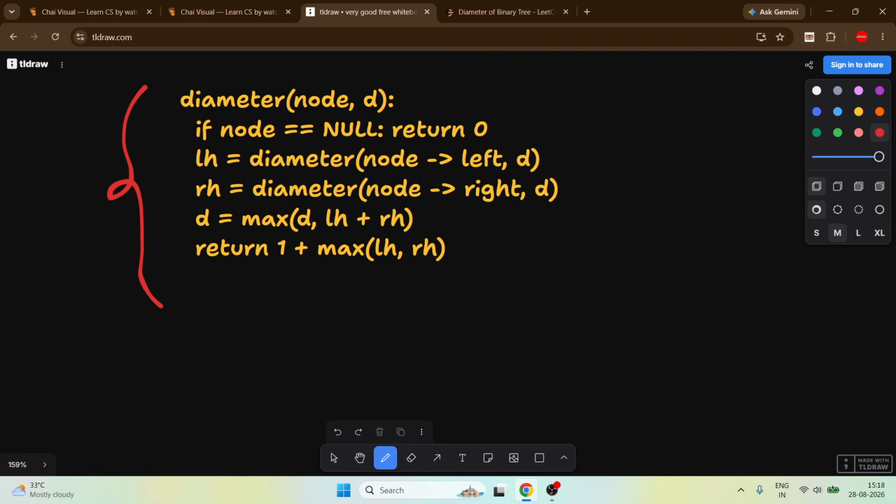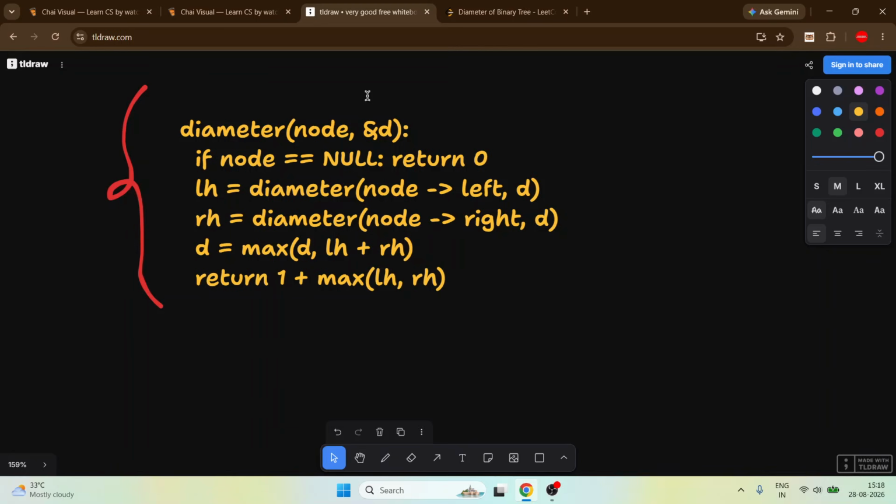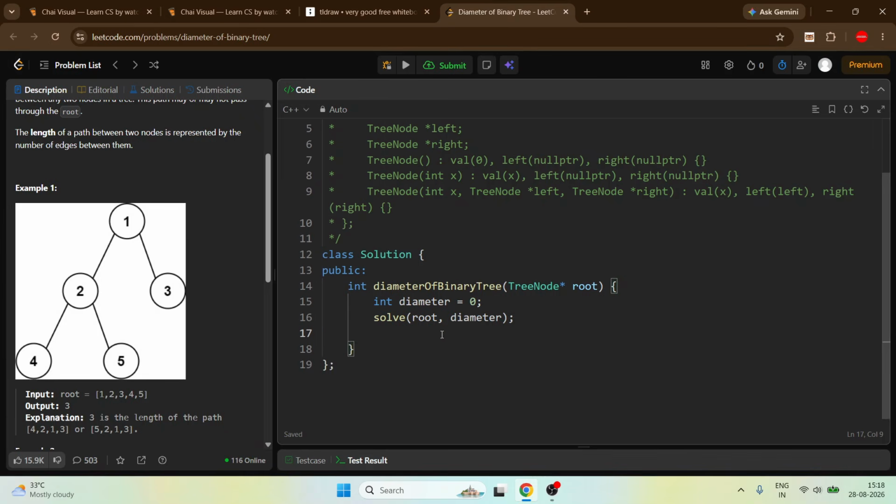Yes, actually the problem was we have to make sure we pass it by reference, and also initialize d globally with 0. This is the simple thing we were missing. So here also return the diameter. Now write down this solve function.